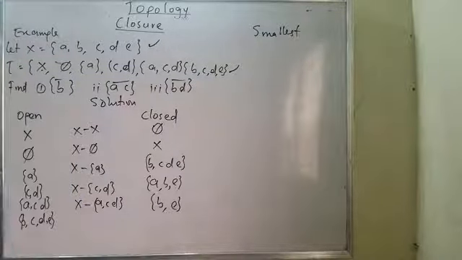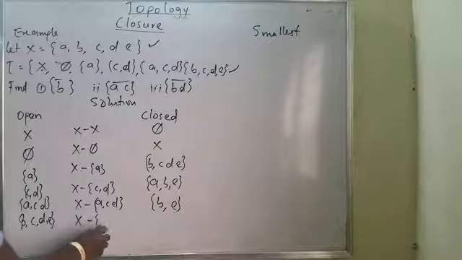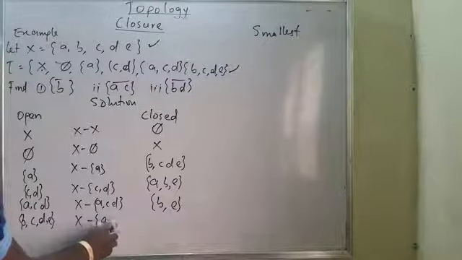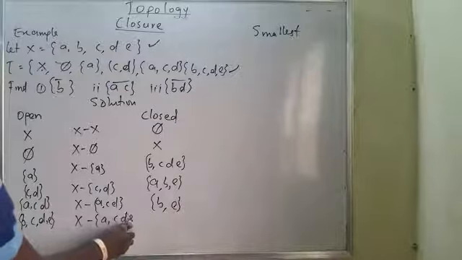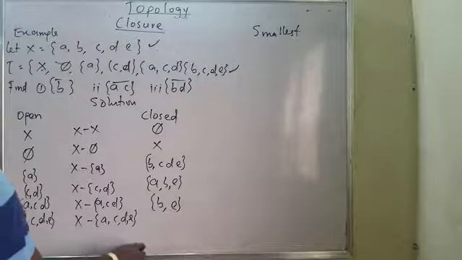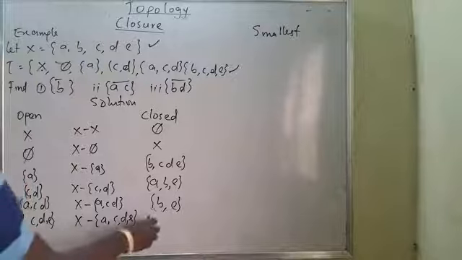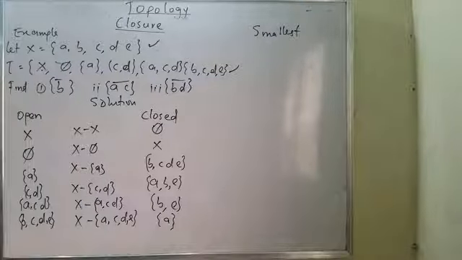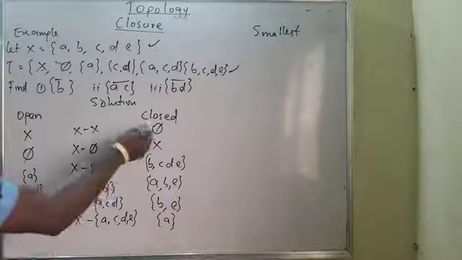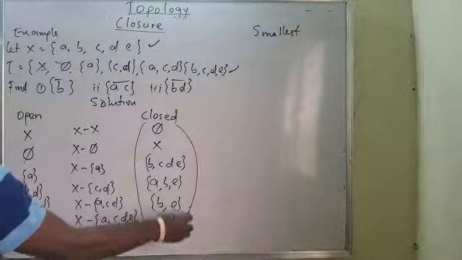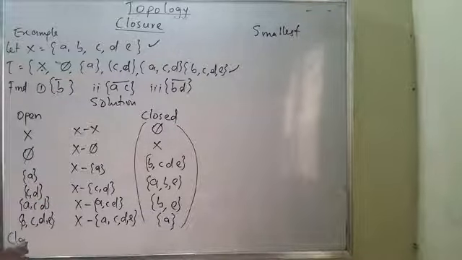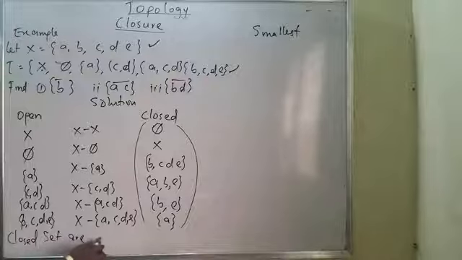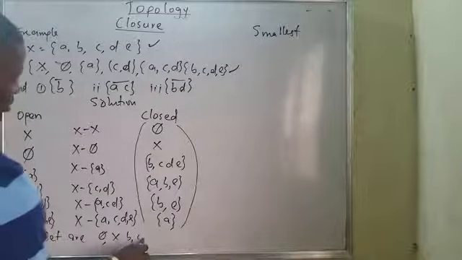B, E. The last part, X minus A, C, D, E, will be equal to only A, which is a singleton set. Now, can you see? These are my closed sets. Let me list out the closed sets. Closed sets are empty, X himself, B, C, D, E,